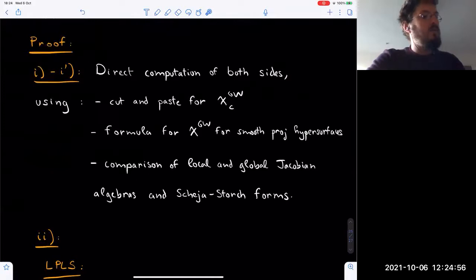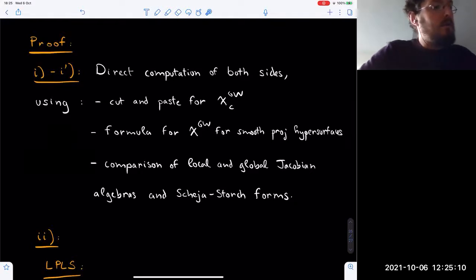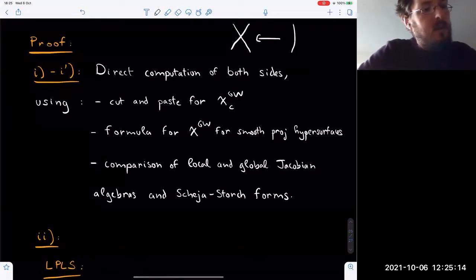Let me just say a word about the proof. So the proof just is a direct computation of both sides. So it's maybe not so satisfactory, but that's how we can at least find this discrepancy between the two sides. The basic point is that in this situation, as we say, we have a very nice resolution of singularities,